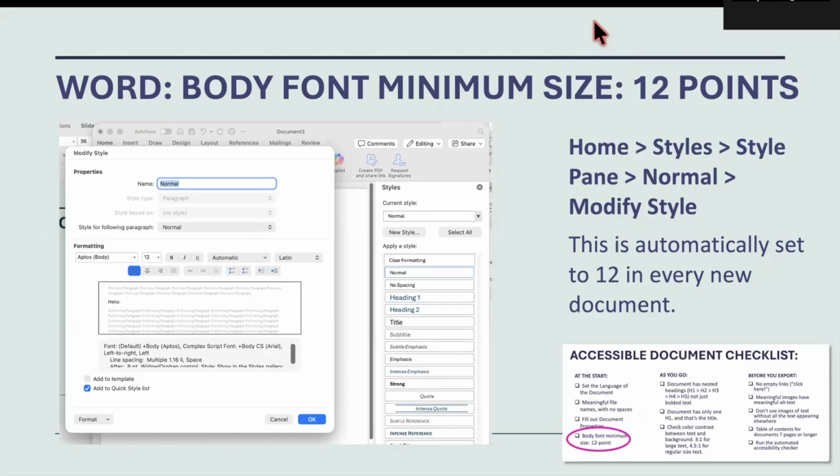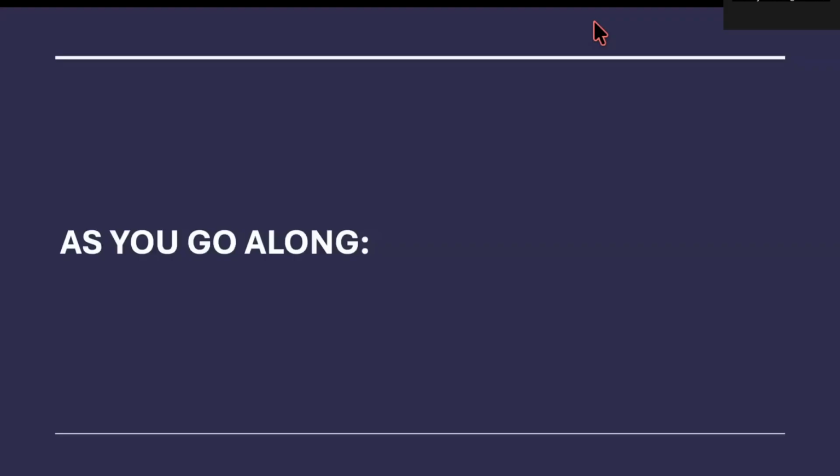I'm also going to draw your attention here to the information in the screenshot that I have on screen, which is showing the coding that goes into saving a font. It sets the body, describes the type of font, and then it says it's a left to right font. So we're dealing with an English language document, and that's where that got set when we chose English as the language for the document. You are working here with the styles pane, and you want to go ahead and modify your normal style as your body font. Make sure it's 12-point minimum.